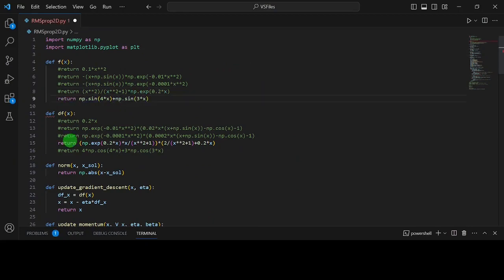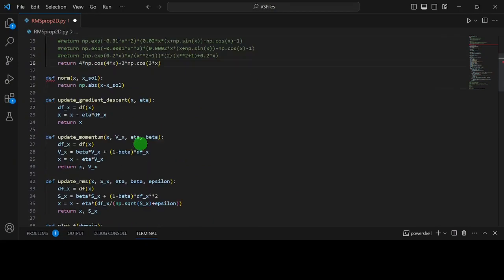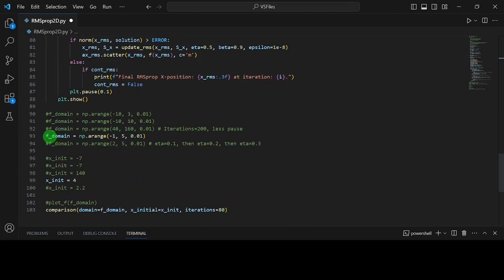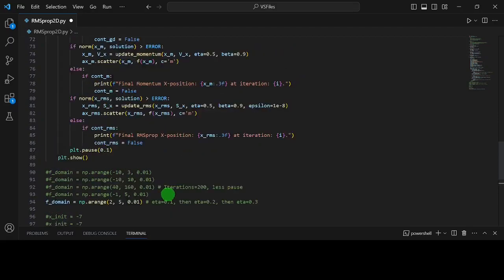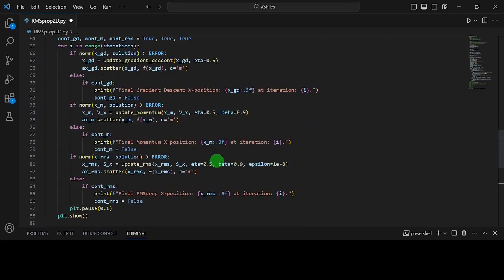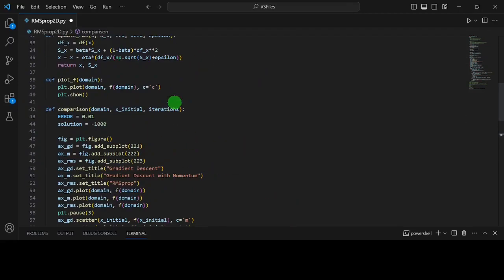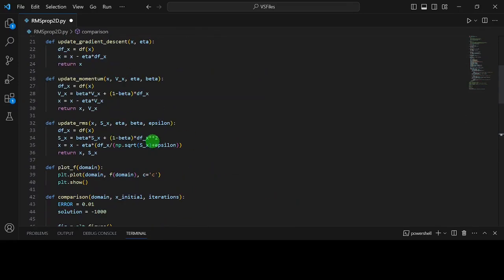All right, so this is the last example. In this one I'm going to show you what changing the learning rate does. So we're going to start with a learning rate of 0.1 in all these situations. Now, it will have a different effect compared to gradient descent and then gradient descent with momentum and RMSprop, because